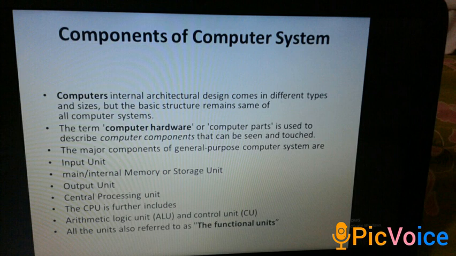Next is input unit. The input unit is used to transfer raw data and control signals into the information processing system by the user. Before processing and computation, all the input unit devices provide the instructions and data, which are transformed into binary codes, that is the primary memory acceptable format.